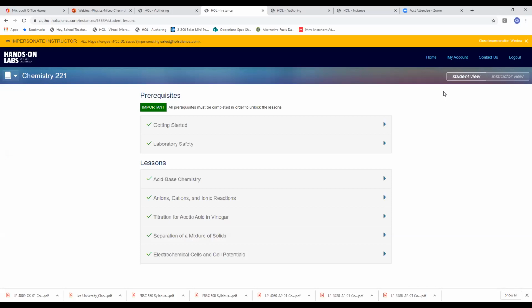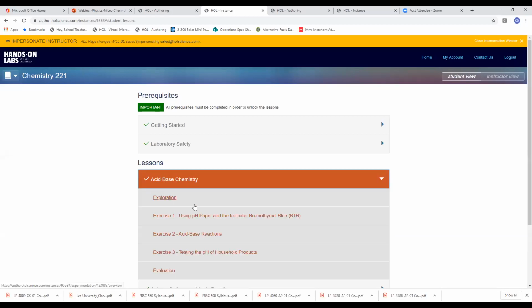I know you all want to see an example of what our curriculum is like, and it has photos of our materials. We put together this demo course just for these types of events. It has 5 or so labs in it that spread the breadth of our curriculum. So let's begin with the first title here. It's called Acid-Base Chemistry. And you'll see that as a student, when I click on this title, it opens up